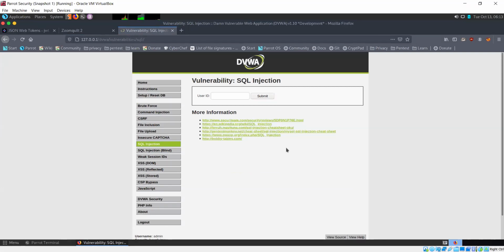Before we move on to SQL injection, I need to know whether you all are familiar with what SQL is and where it's used, how it's used. Are you familiar with that? Yes, sir. What about the others?